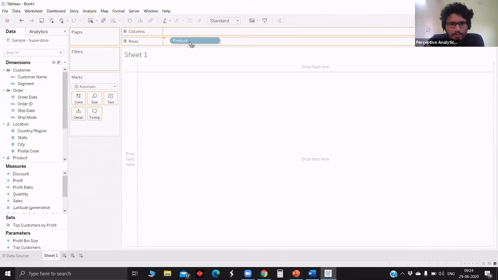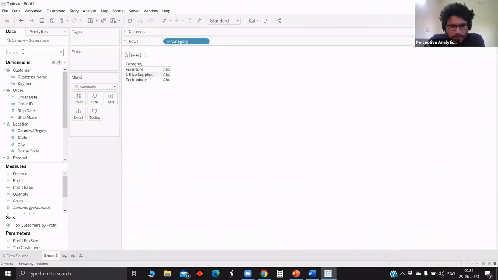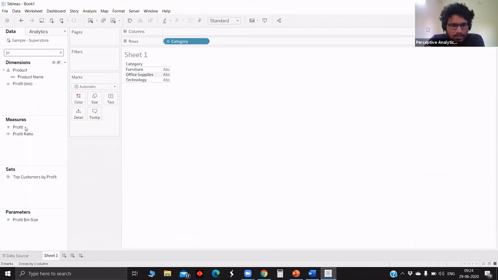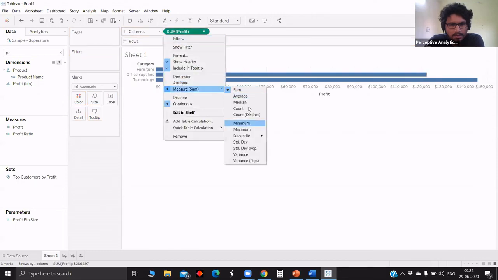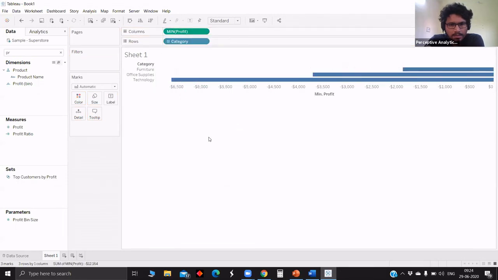Jairam, can you drop the category into rows, and drop profit into columns with aggregation minimum. Okay. So it's taking, in that particular furniture category, all the rows, and giving me the minimum profit recorded at a row level.